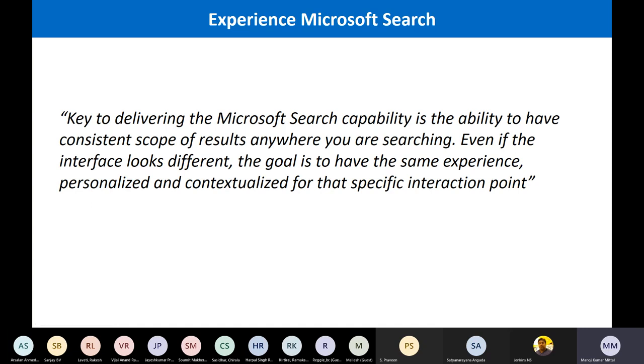So that's what I and my peers are working on, giving more preference to that. Contextual means where I am when I'm searching; the results keep the content from that context itself.